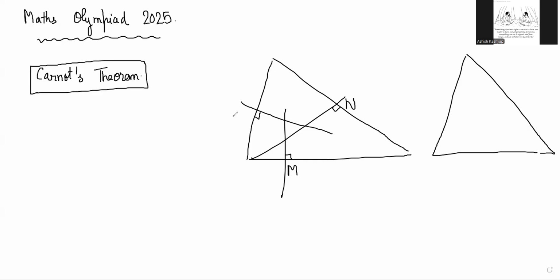If you call these points M and P, then the only way they are concurrent is if MB square minus MC square plus NC square minus NA square plus AP square minus PB square is equal to zero. Only then are these three perpendicular lines concurrent. We had done the proof of that, and I had asked you to work on proving a question